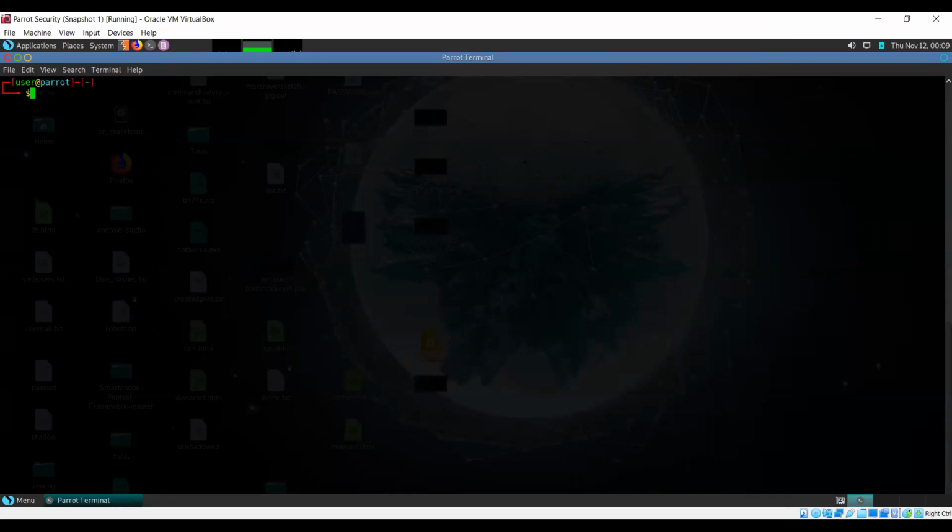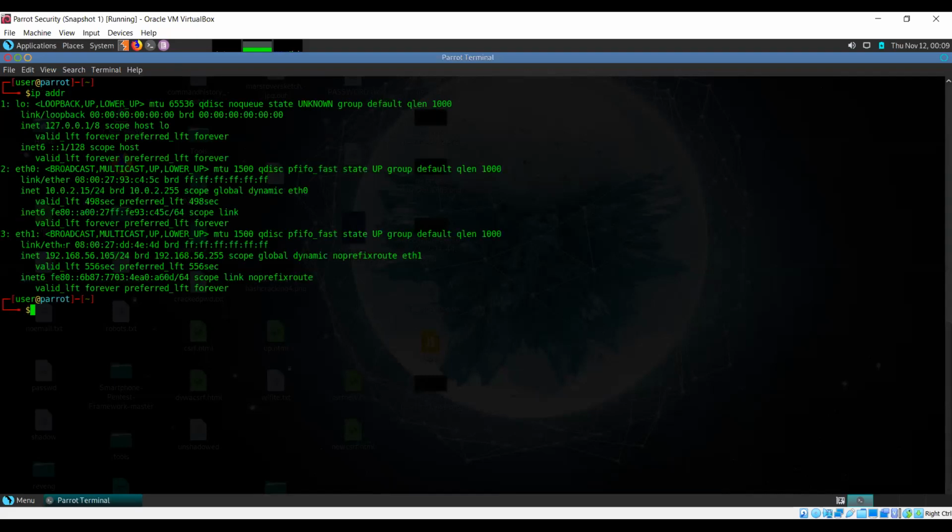For that, I have two options. Either I can use this tool known as Net Discover, or I can simply use Nmap. In this case, let's try using Net Discover, and let me just do a quick IP check of the interface that I want to use. This is the interface Ethernet 0.